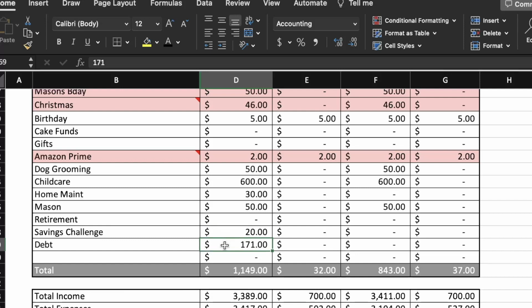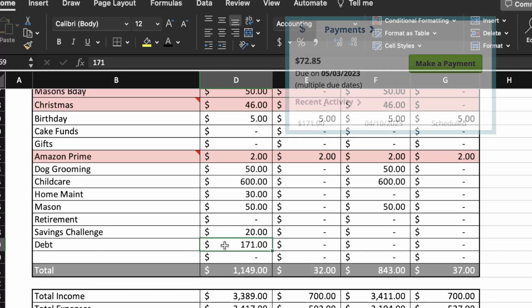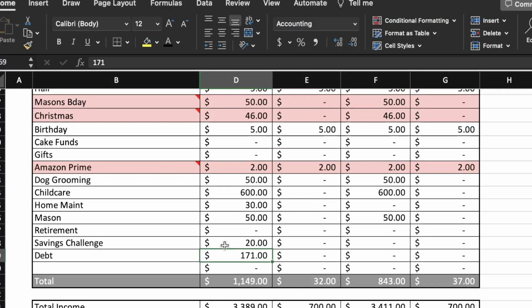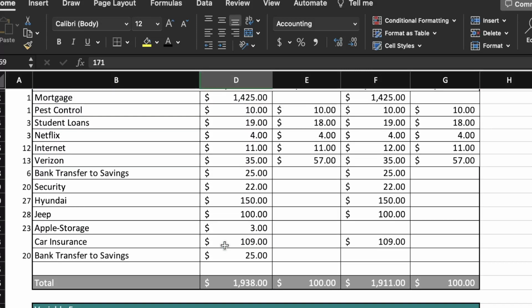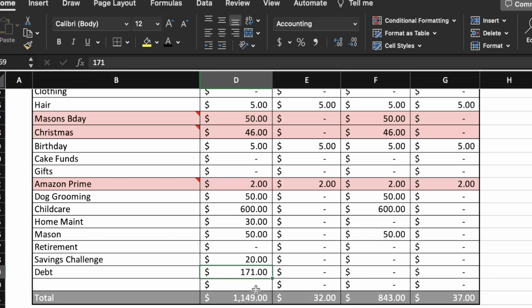All right, and then debt, we are going to make a $171 payment. So we are going to make this $171 payment, and then we also have the Nelnet student loan payment right here. So we are making our regular $74 payment towards that debt from this paycheck. So super excited. We're really going to start knocking it down. All right, so that is a total of